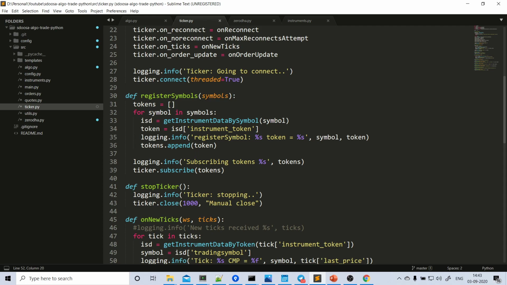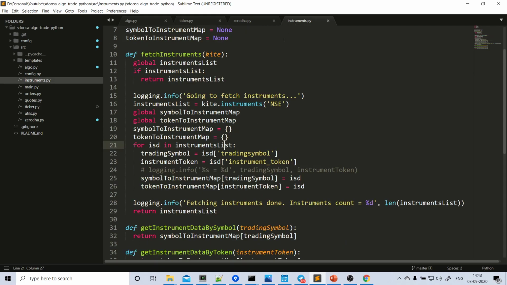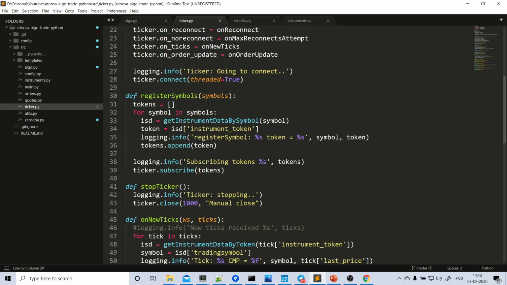Once you get the SBI and Reliance symbols, you can't directly send them to the subscribe method of the ticker because it can't understand them. It accepts only integers, which are the tokens. As I said, when you fetch all the instruments, for each trading symbol there is an instrument token associated with it. So I call the get instrument data by symbol method from the instrument module, passing the symbol, and I get the complete instrument data object.